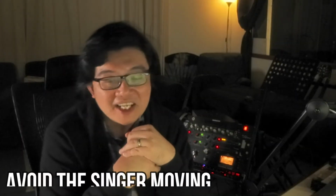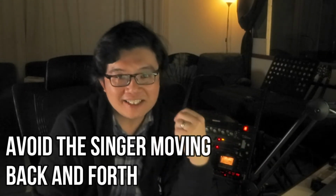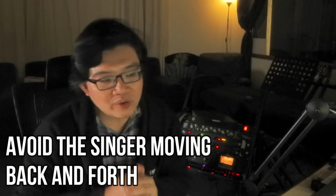Last but not least, I highly discourage the technique of backing away and backing off from the microphone, as it again introduces a very, very drastic change in tone, which is going to be problematic when it comes time to mix. Some singers adopt that technique from live performances where they pull the mic away at the loud parts, but if you're not a very experienced singer, and if it's done incorrectly, or if, let's say, the room acoustics